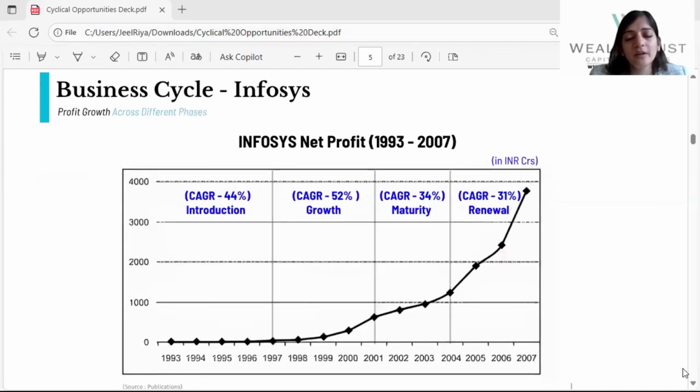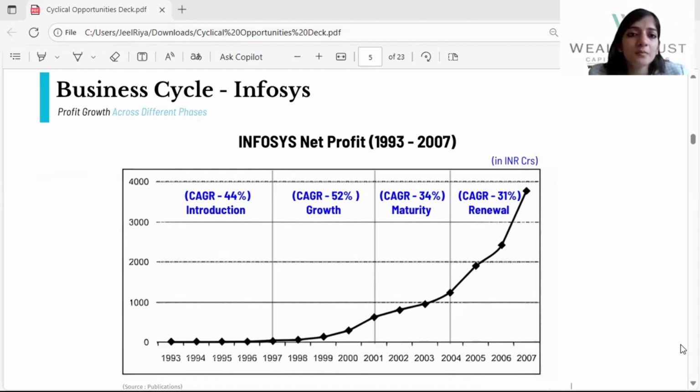A very, very important example could be the Infosys story. Great company. We saw the IT boom. Every company goes through 4 phases. One is introduction, then there is the growth phase. If you get into the growth phase, of course, you will get really rewarded within the company. Now looking back, we can say, if we had invested in Infosys or the IT boom, but that could be today also. There'll be many businesses